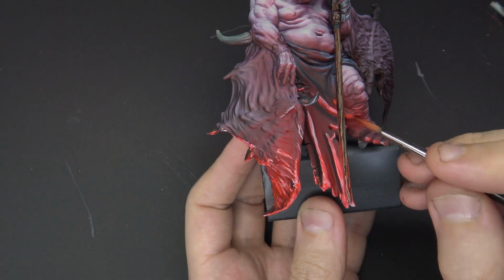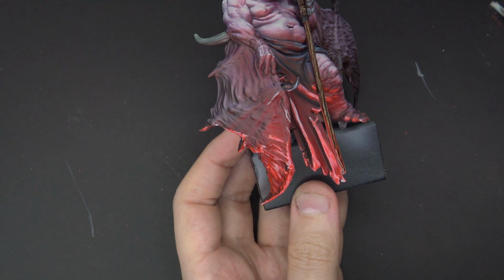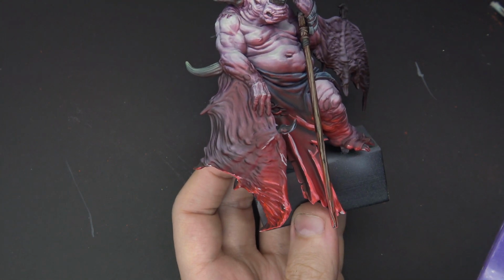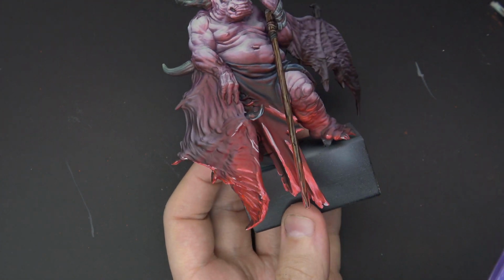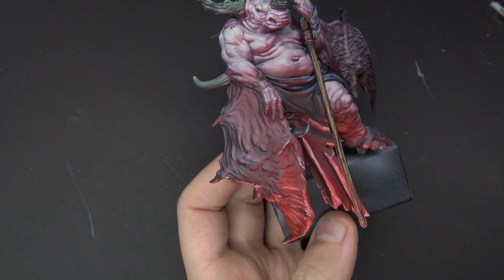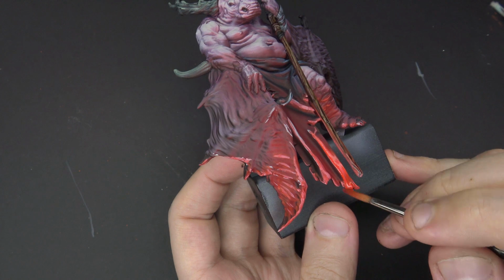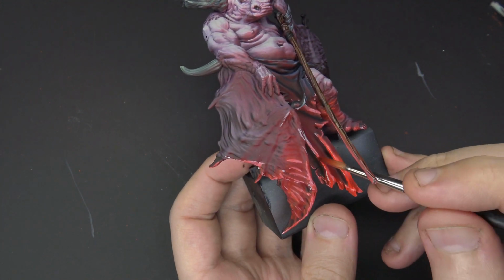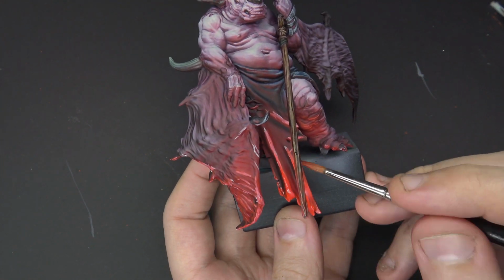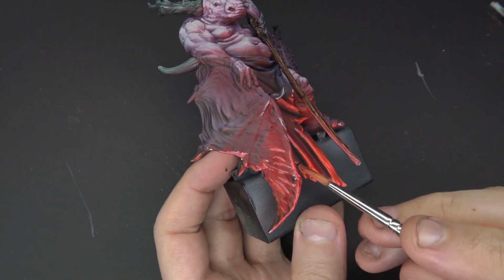So it's just going on there very roughly, super quickly, covering over those white lines that I made. And then I'm going to grab the hairdryer and dry that out very, very quickly. And then I'm going to do it again with the exact same mix, which is the Scale 75 Antares Red, and Vallejo Fluorescent Red. And each successive layer that I do, and I think I probably do about 3 or 4 or maybe 5 layers,